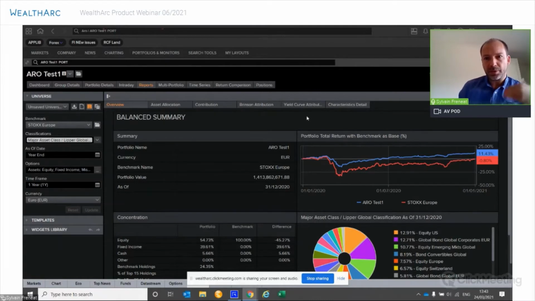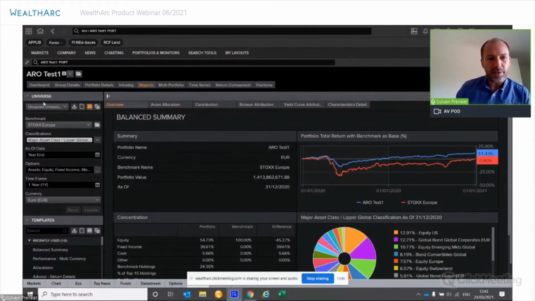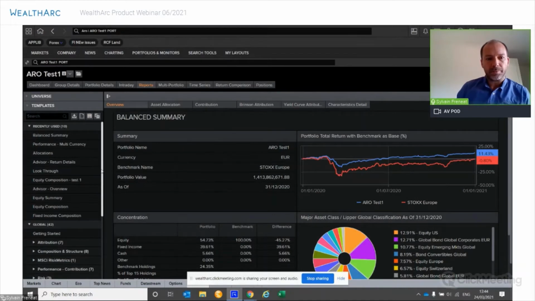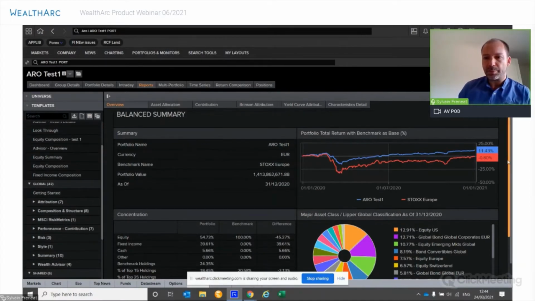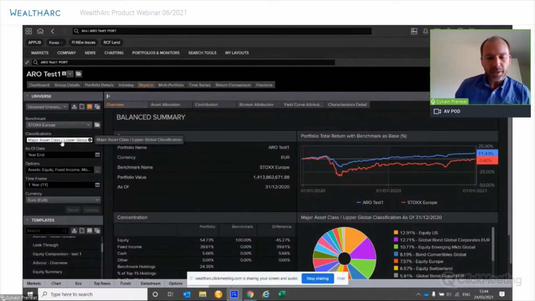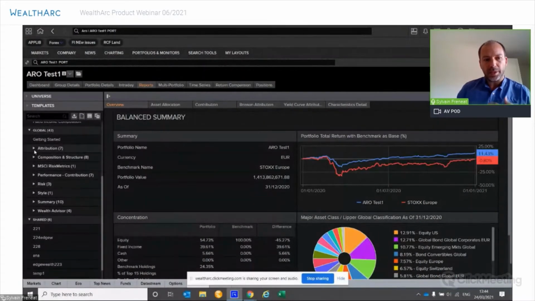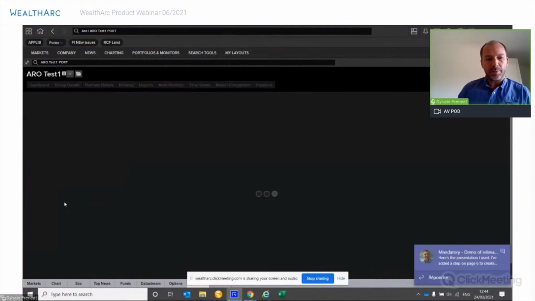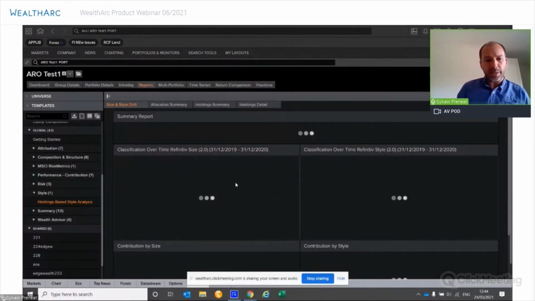Because you will have your portfolio automatically updated into the platform, and you will be able to run all the templates that are available for you, like this balance summary portfolio, where you have a breakdown that can be by asset class, by country, by sector, and you have a lot of templates available for you, like attribution performance templates, composition template, performance contribution, so all types of templates are here for you, and you can also redesign them so you have your logos, and you can also present that to some of your customers.